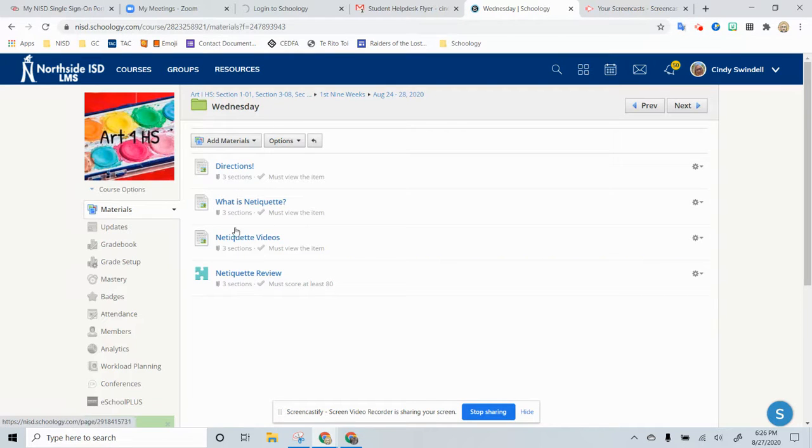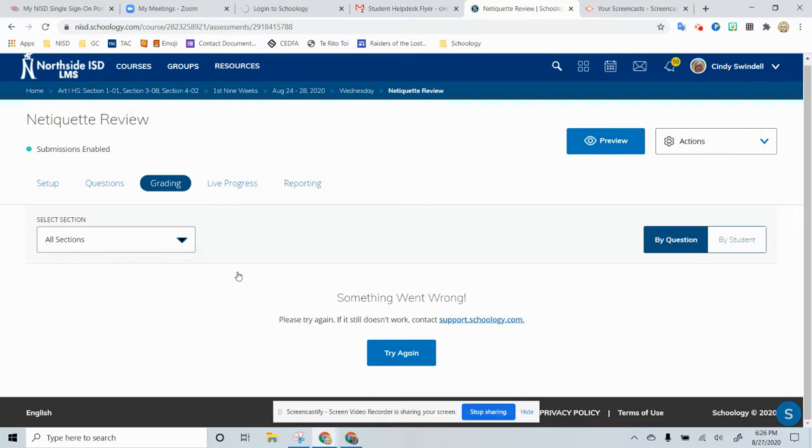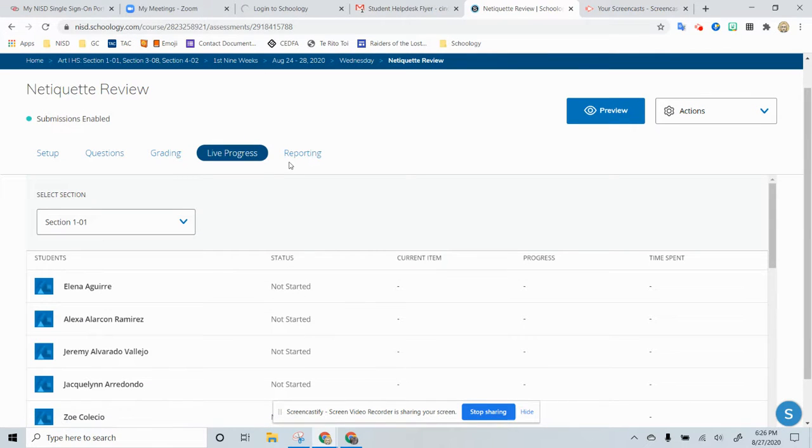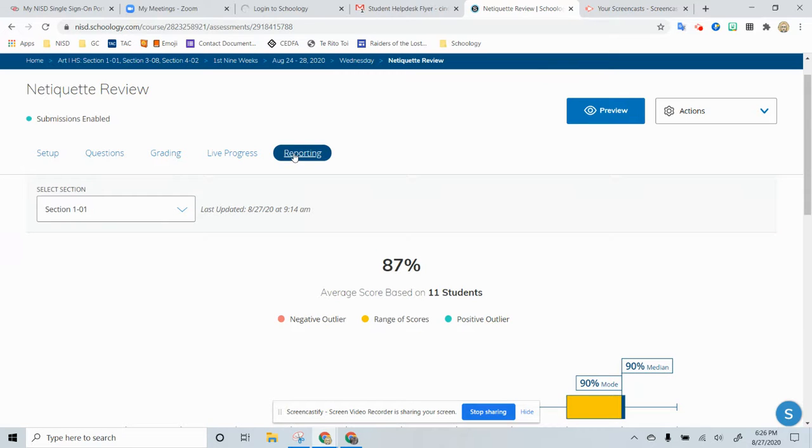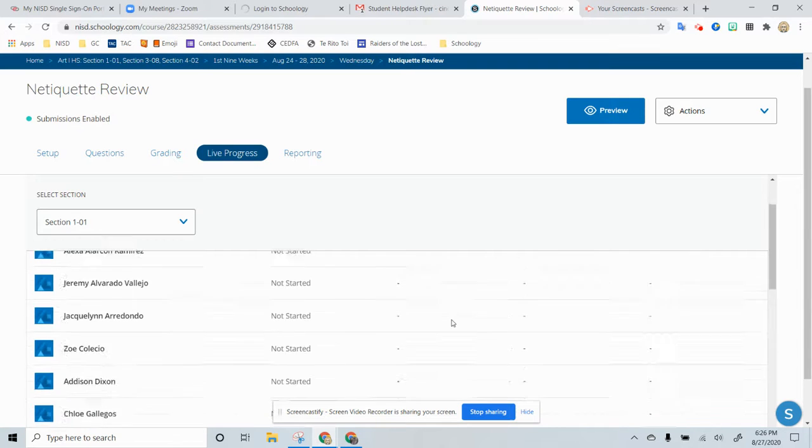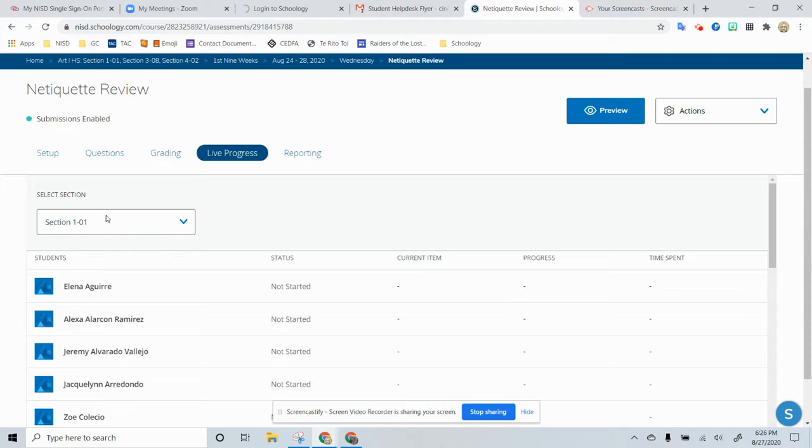So what does that look like for those sections? So like this netiquette review, click on it, launch it. Yeah, this has been a problem. We think this is because Gradebook is not working, by the way. Not yet, anyway. So the live progress, the reporting. So it tells me that the average of 87 is what they have. Live progress also hasn't been updating yet. I'm thinking that's a gradebook feature, but